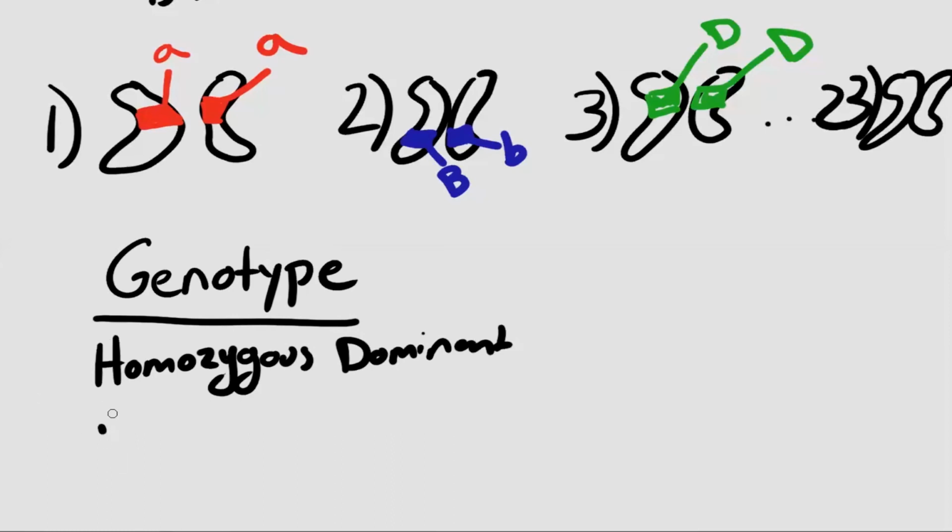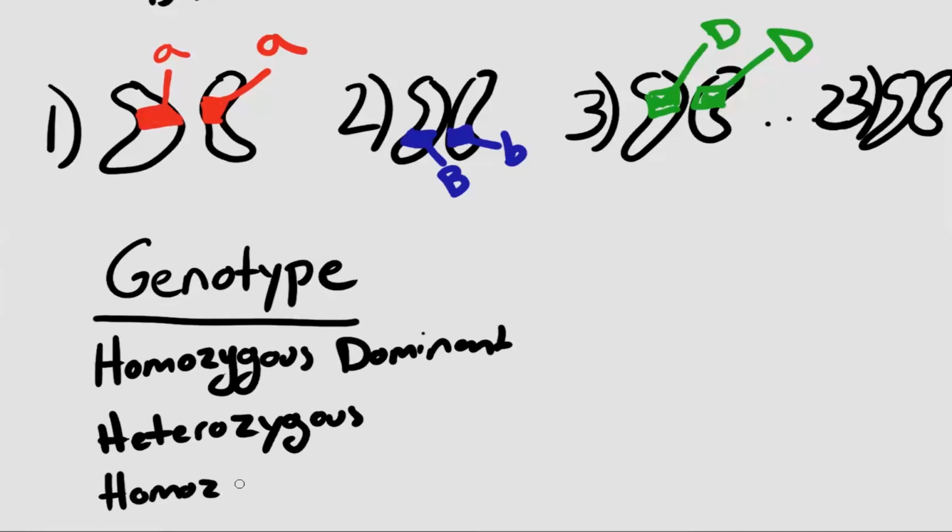The next one is called heterozygous. And the last one is homozygous recessive. Okay, so these are going to refer to the possible combinations of alleles that you have at any one given